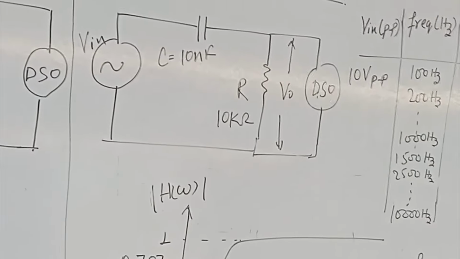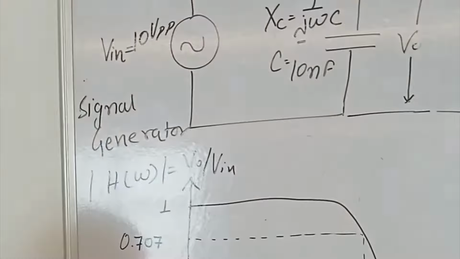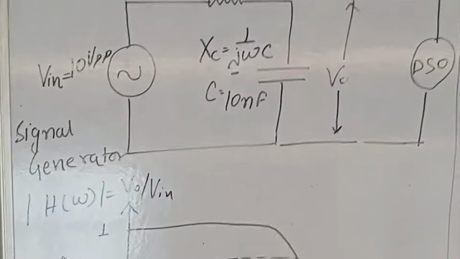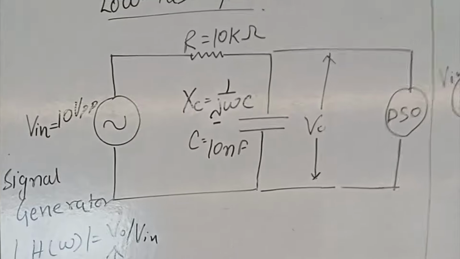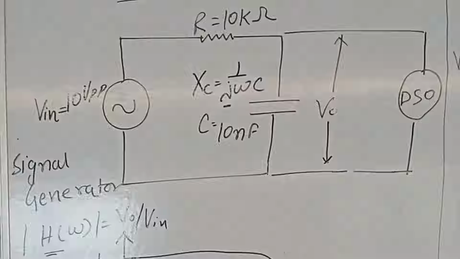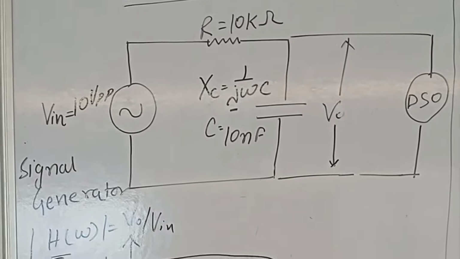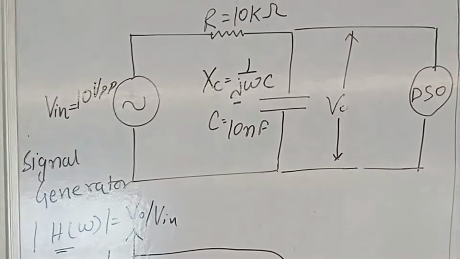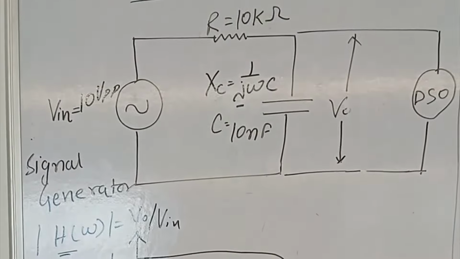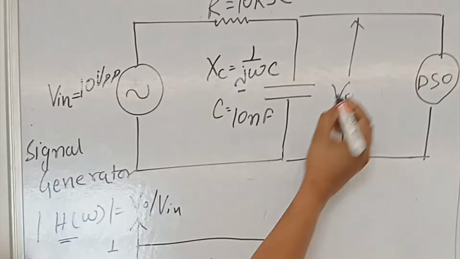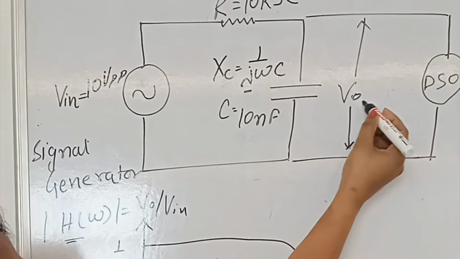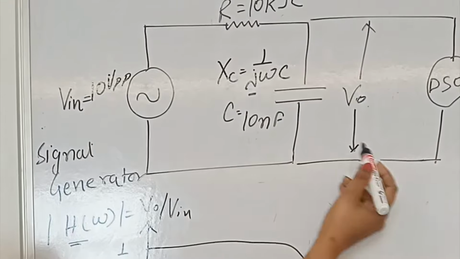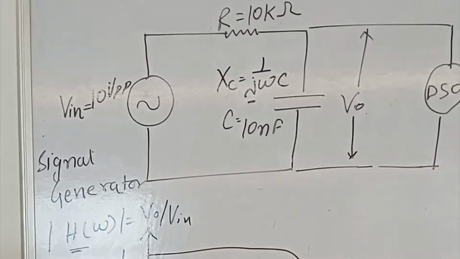Let us come to the frequency versus gain, or transfer function, characteristics we get. Before that, let me just introduce you to the transfer function. Transfer function is actually output voltage upon input voltage. Now, if input is 10 volts and at low frequency, as we know already, output would be 10 only, then this transfer function value would be 1.